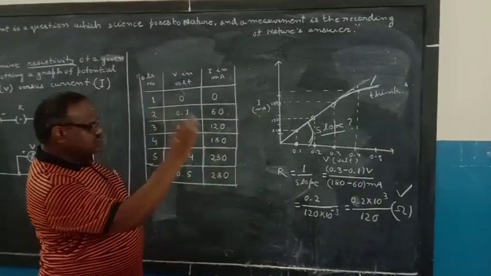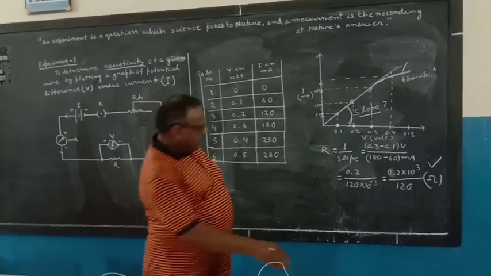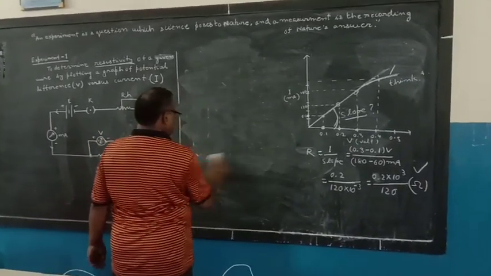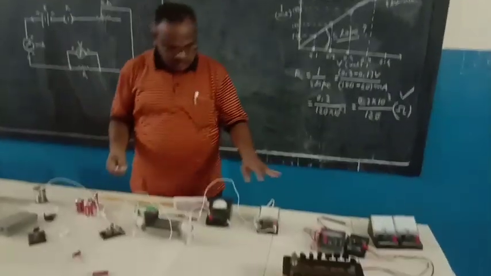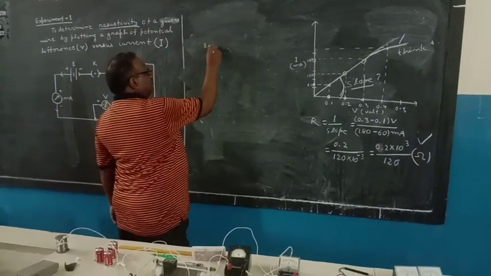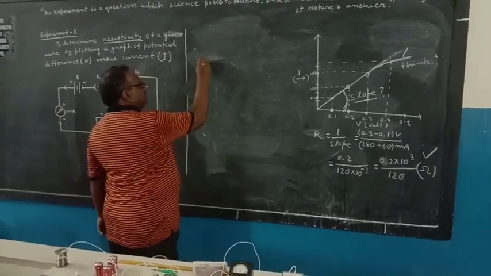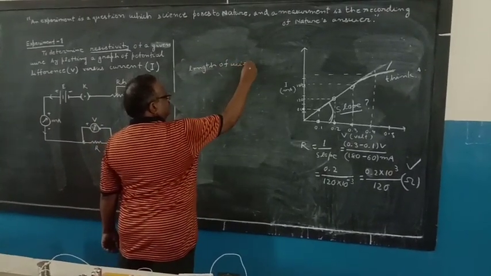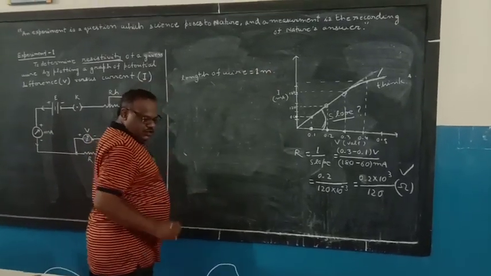So after calculating the resistance, you plot this in the graph paper in the record. Now after plotting this, your aim is to find the resistivity. So the resistance we have calculated, and before the connection I had taken the length of the wire. So this is the calculation. When taking the length of the wire, I have taken 1 meter. Now you can find the diameter.